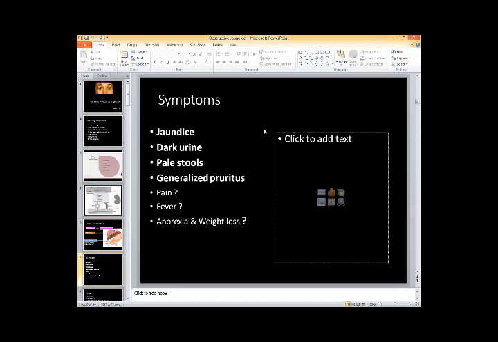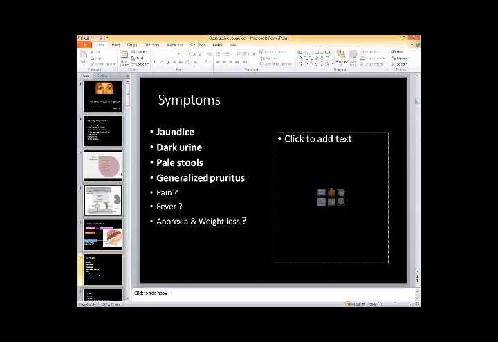So how will a jaundice patient present to you? The commonest presentation is that the patient presents with the complaint of jaundice itself. The patient will come to your clinic or your OPD or the emergency and say, I have jaundice. People call it in layman's terms, I have Yarkan or I have Pelia, or some people will say I have hepatitis because they also associate it with jaundice. So generally, most of the patients will present with the complaint of jaundice itself.